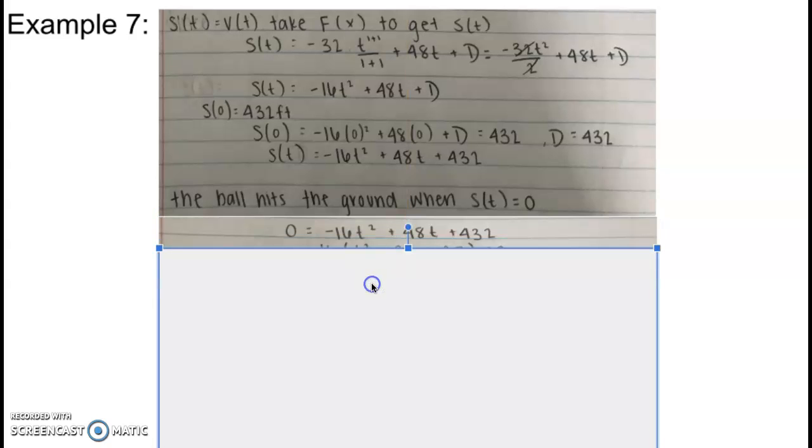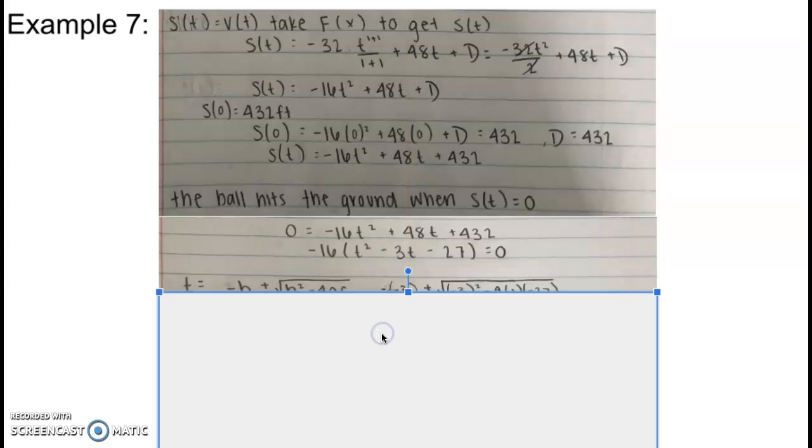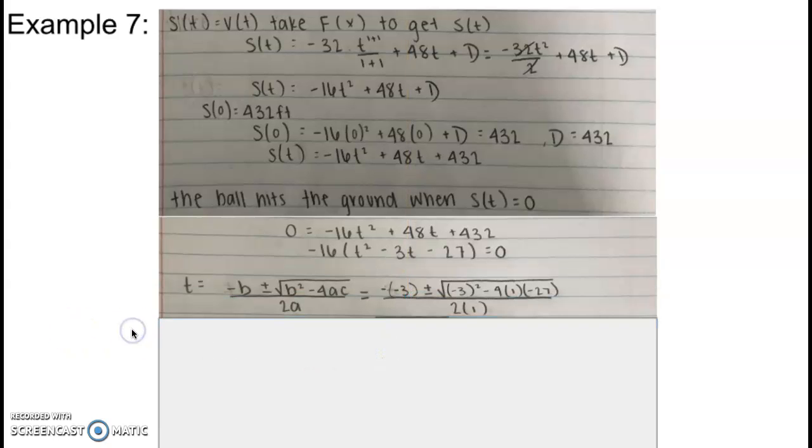So when setting this equal to 0, we see that 0 equals negative 16t squared plus 48t plus 432. Now, we can factor out a negative 16 of this to get t squared minus 3t minus 27. And realistically, 0 is divided by negative 16 to get rid of that, but we don't need to write that step out. So this actually does not factor nicely, so we're going to have to use the quadratic formula,